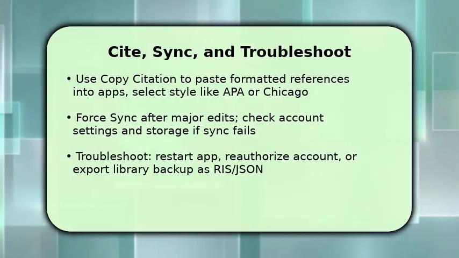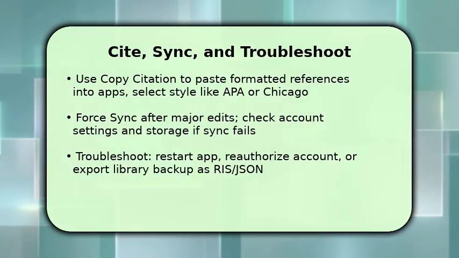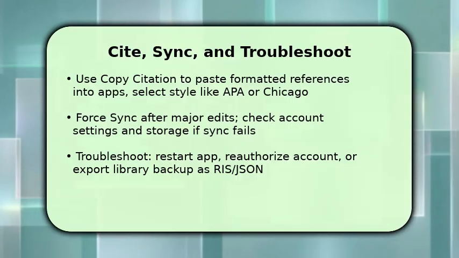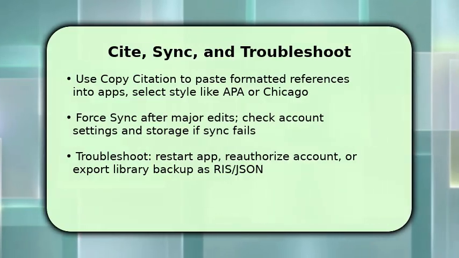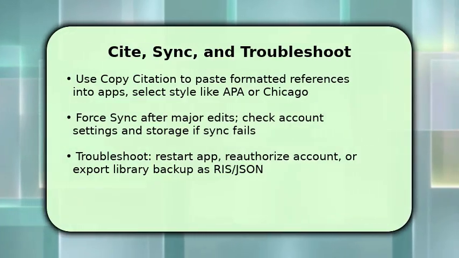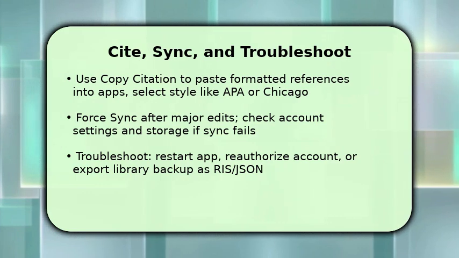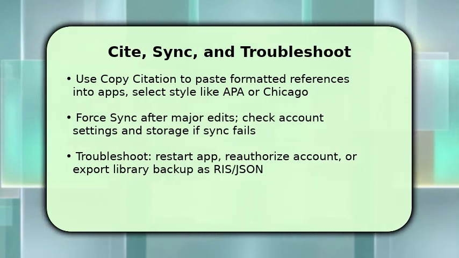If you encounter problems, restart the app, reauthorize your account, or export a library backup in RIS or JSON. That backup protects your work while you fix issues. If attachments are missing, reupload the file after confirming network